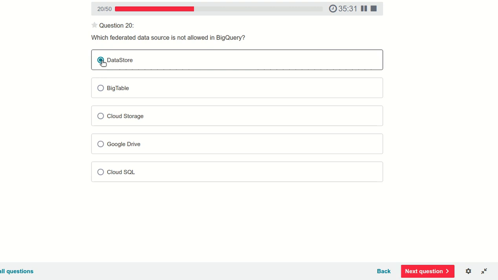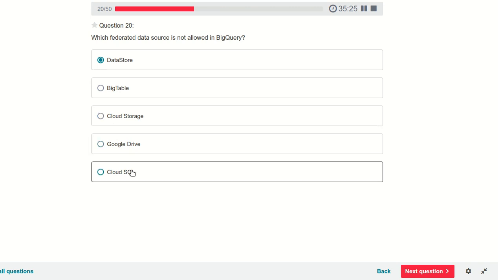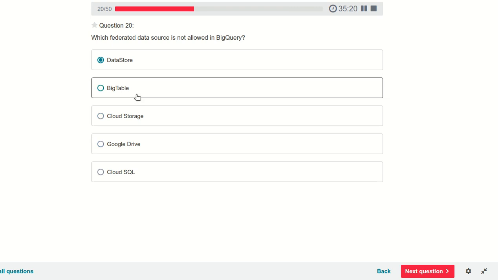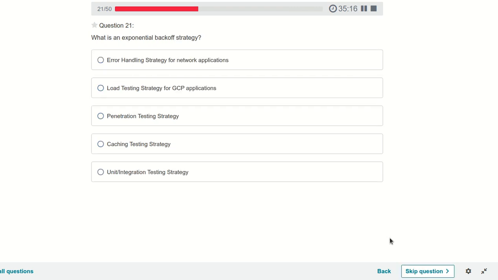I think Datastore is not supported. So we will see whether it is correct or not. But the last three are perfectly okay: Cloud Storage, Google Drive, and Cloud SQL. These are supported as a federated store. I think Bigtable is also supported, but Datastore is not supported. Yeah, let's see.